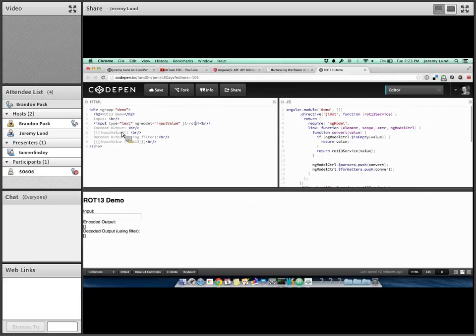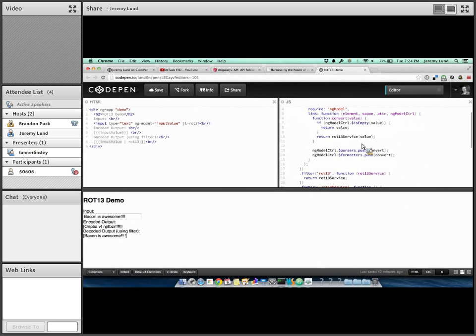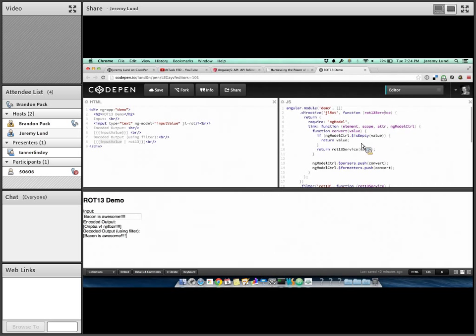That's my directive. I'm then going to take and print out the model value, and then I'm going to print it out using a ROT13 filter that I also have. So if I type something like bacon, you can see bacon, it's been ROT13 encoded, and then it's also been decoded by a filter that I put on it, and you can add stuff to it. Exclamation points, it's not specific on what you do with those, so it just changes letters. So let's look at what we do here to add our own